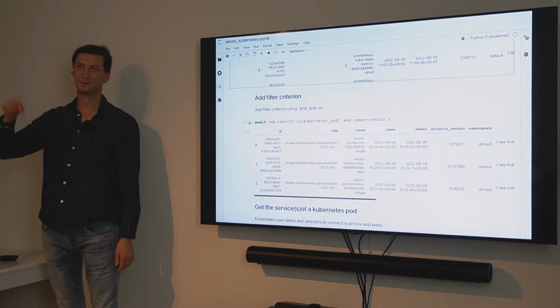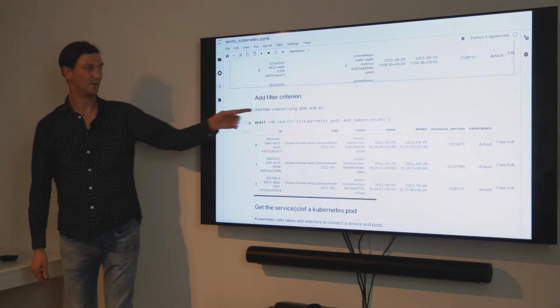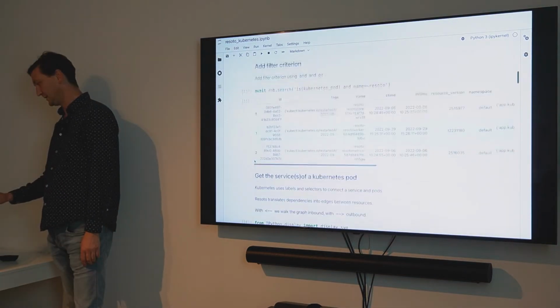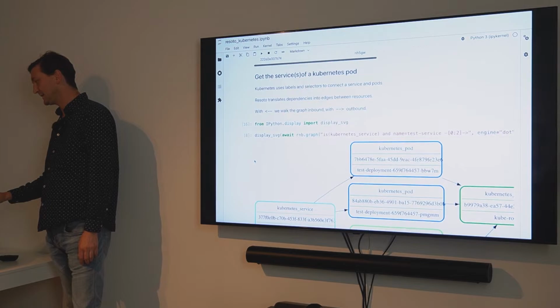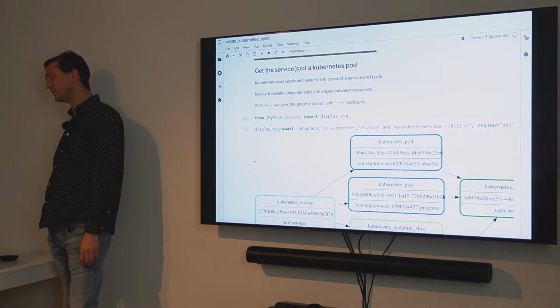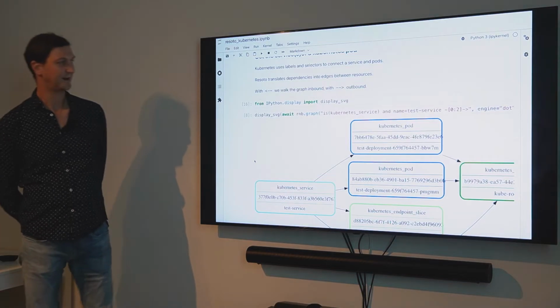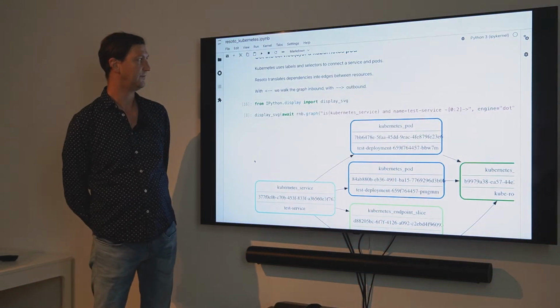Resoto has a Helm chart, so Resoto installs in Kubernetes. The result of that is the pods that a Resoto installation contains. That is not super interesting. What is probably more interesting, and I really need to hurry up to bring that point across, is something like